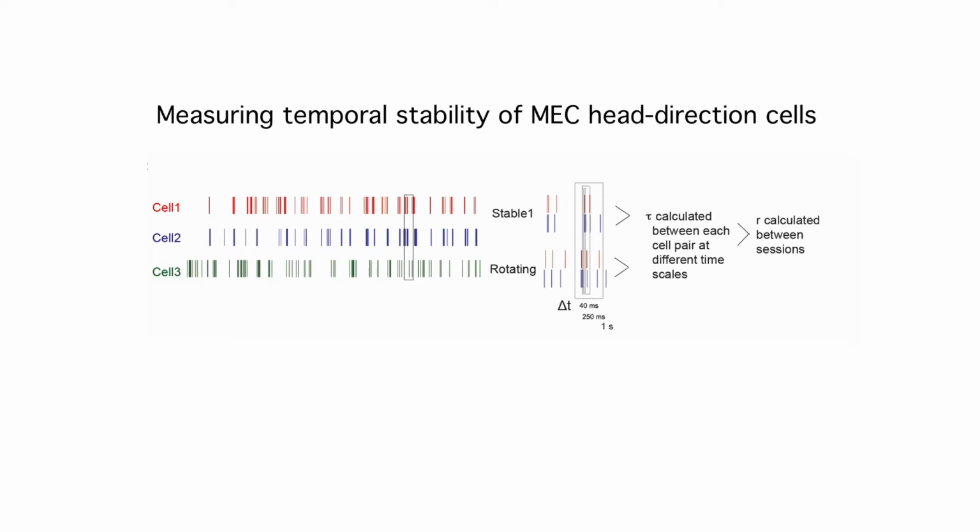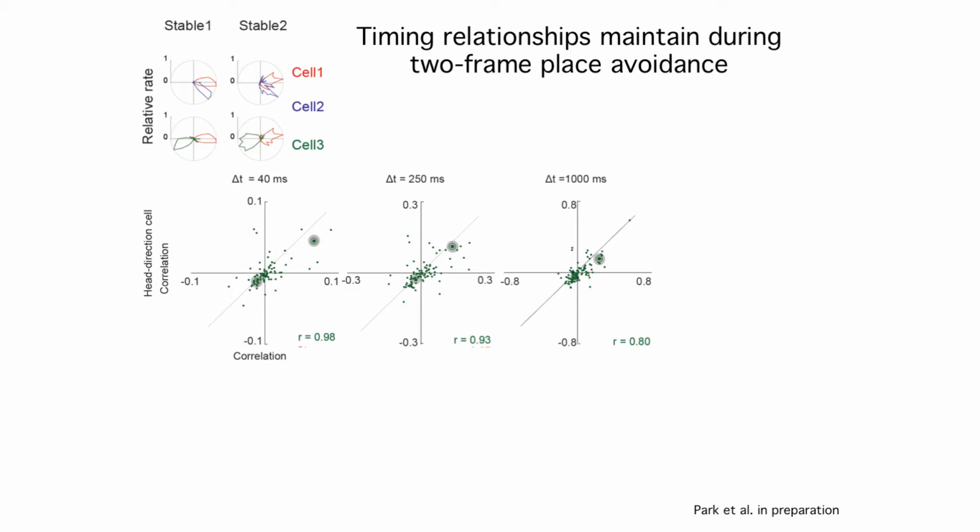So how did we do that? We did pretty much what you saw Adrian describe. I've shown here 3 example spike trains, and we can compute the correlation between any pair of spike trains, and ask on any piece of recording, what's that relationship like for all the cell pairs? And then we can ask, given that you know the relationship for a cell pair in one recording, what's that relationship like in the second recording? For example, the first stationary recording with the second stationary recording.